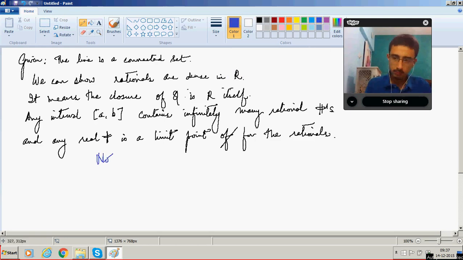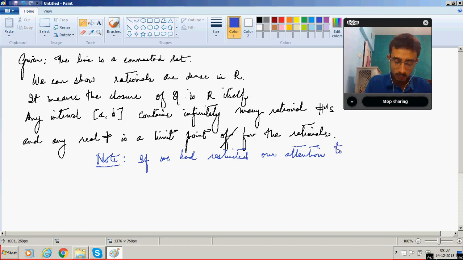Note: if we had restricted our attention to the set of rationals, we would have found that